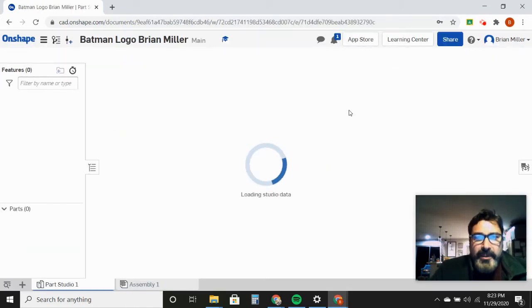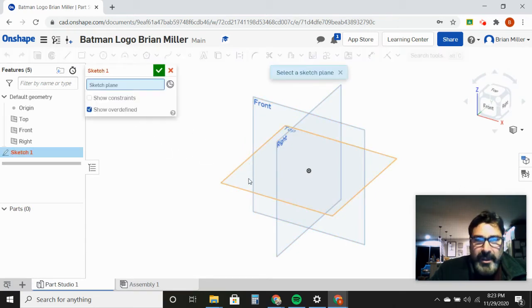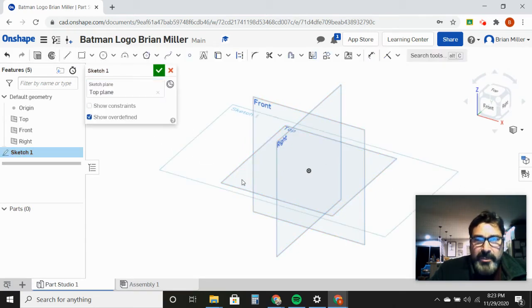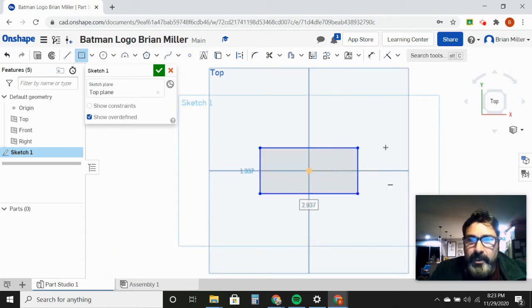All right, and so the first thing that we are going to do is we're going to create a sketch, and we're going to do it on the top. Then we're going to click on the top here, click. The next thing we're going to do is just create a rectangle here, and we're going to click it from here, something like that, and then we're going to dimension it,